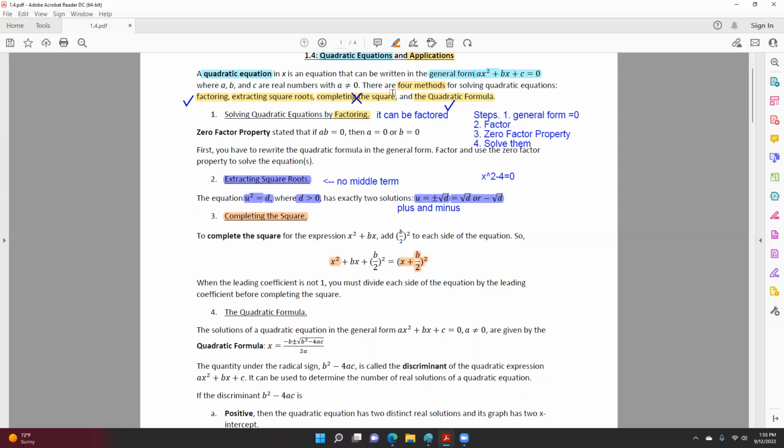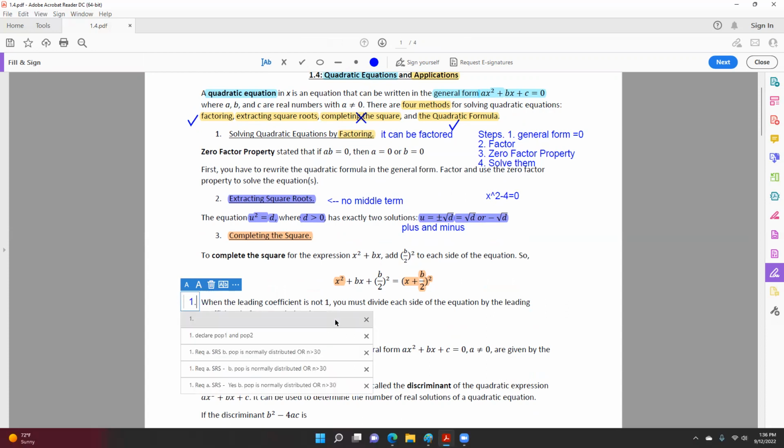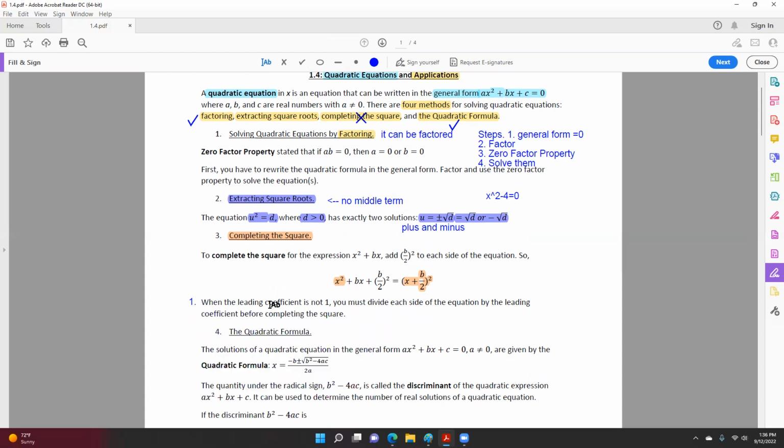So this is your first step to do the completing the square. Completing the square is one of the least favorite methods to solve quadratics. The reason is that it is the most difficult and most challenging way to do it. So when you complete the square, the first step you need to do here is make sure that your leading